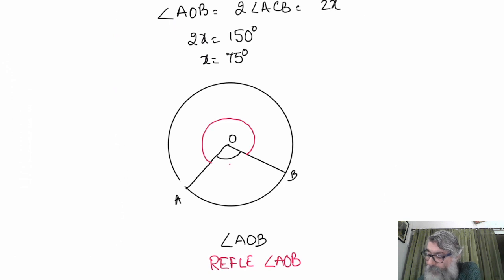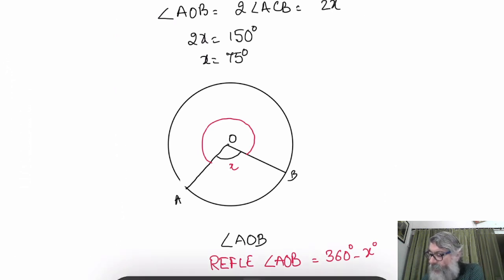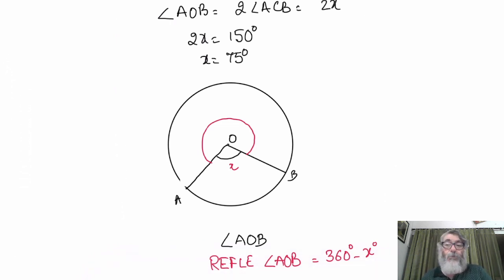Suppose this angle is given as X. So it will always be 360 minus X. Reflex angle or angle X. If X is given, then from 360 we subtract X, we get the reflex angle. If reflex angle is given, then obviously we'll get the other side. So this is the idea of reflex angle and the angle, because at O the two angles will be formed.